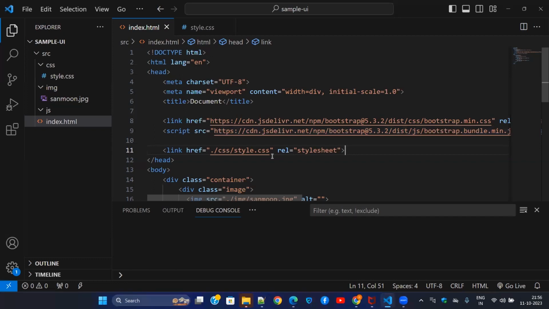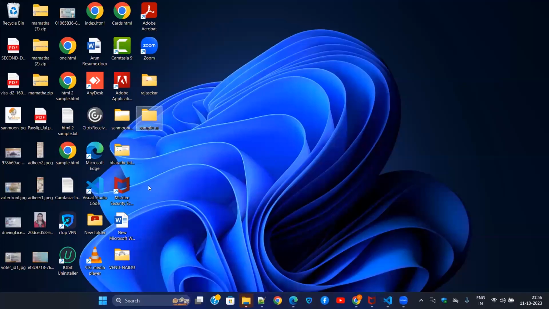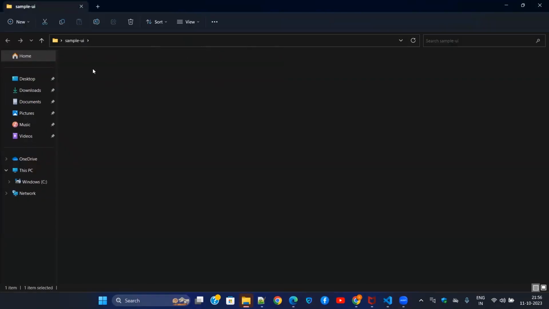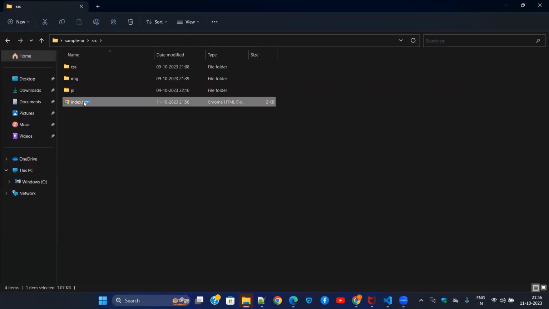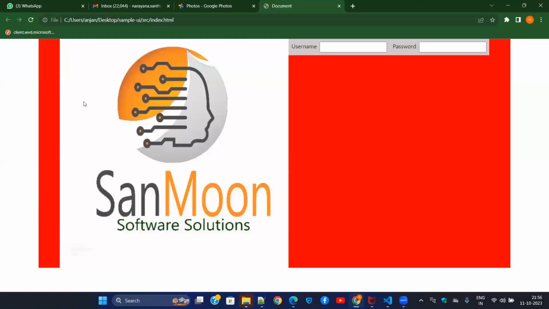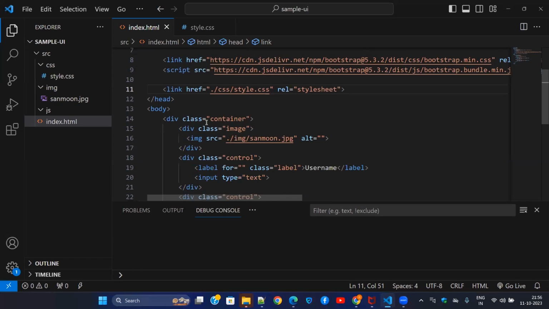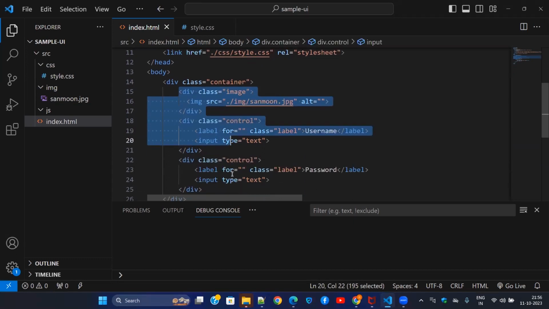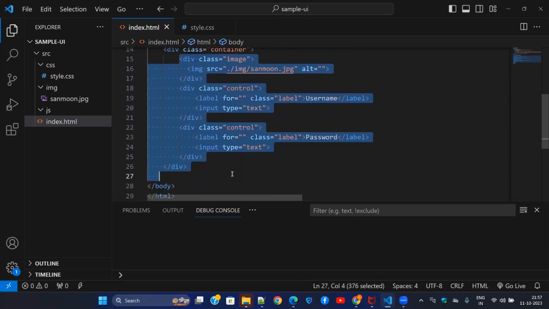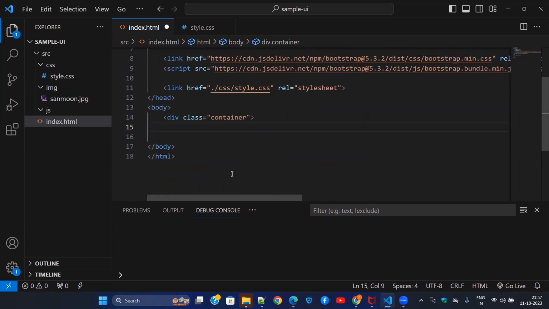Okay. Now let's save this and run this application. I'm in the project folder, in the src, and we have index.html. Let me open that in the browser, and you can see everything is loaded. Let me remove all these things. Later we'll come back, because we wanted to take the Bootstrap thing over there,